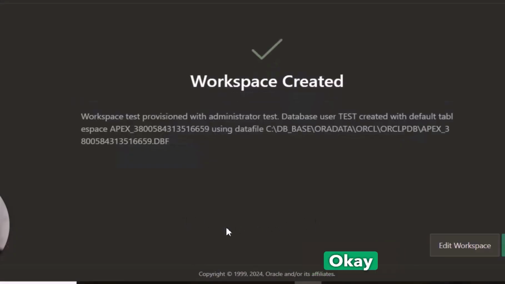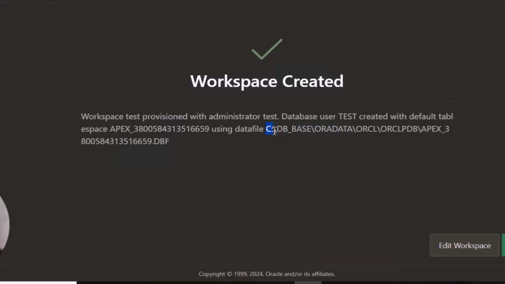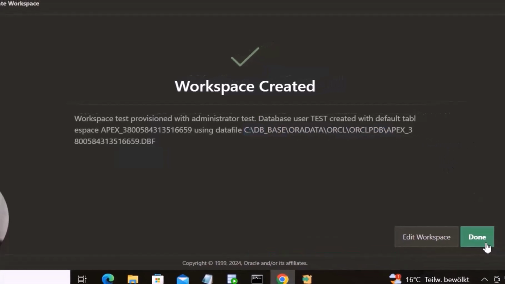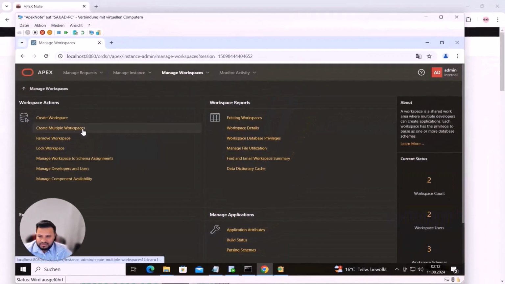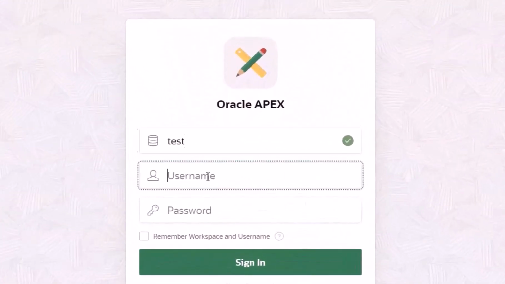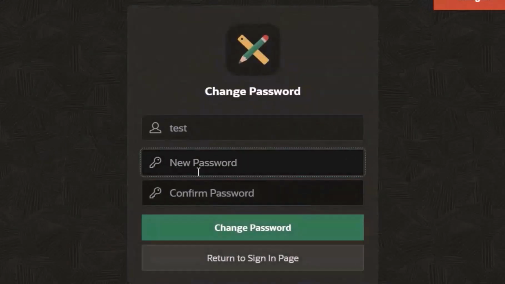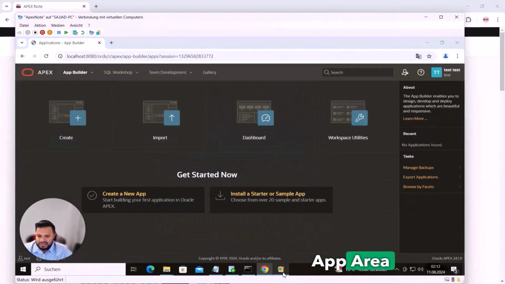You can also see here, okay, it's hidden, but on the table, which tablespaces are here. You can see here in the C drive, DB base, ORA data, ORCL, and then here is our new tablespace. Then I click here on the done button. Okay, it's okay. Now I can go back. Go here. Workspace was test, username is test, password is also test. Now I change the password again to test, go to the App Builder,